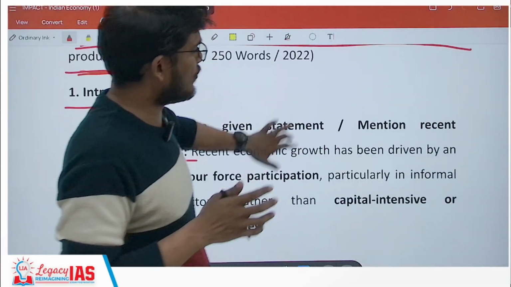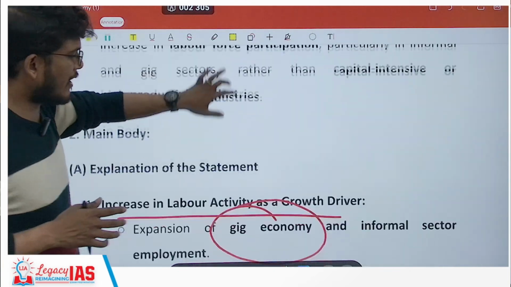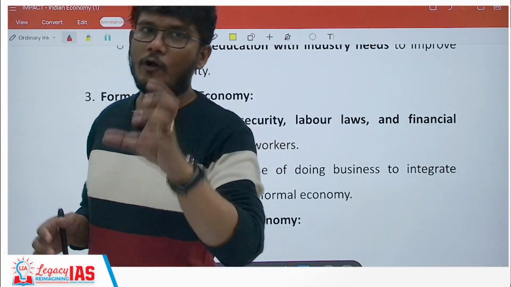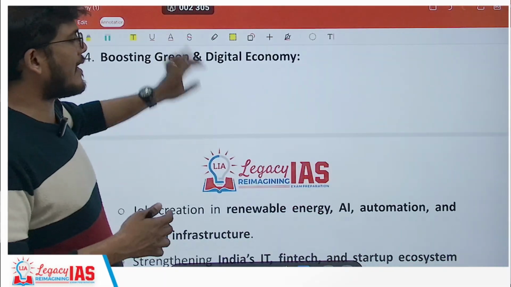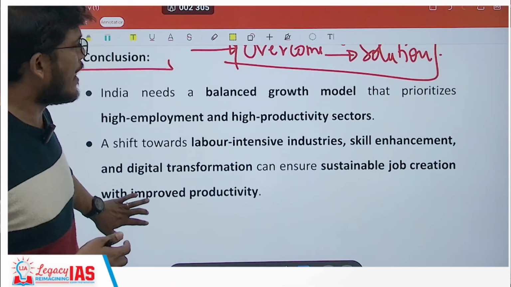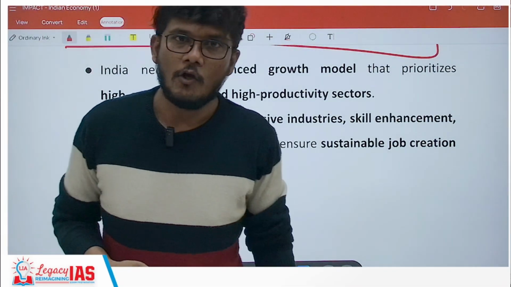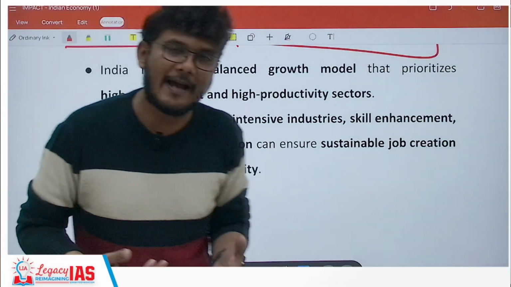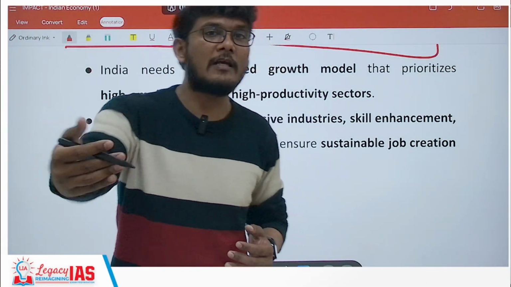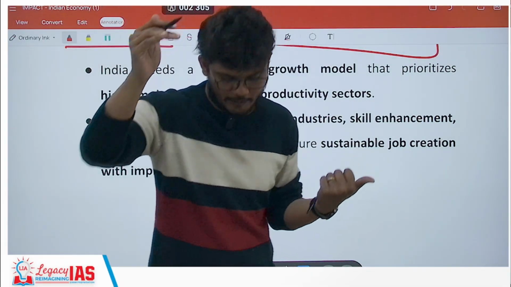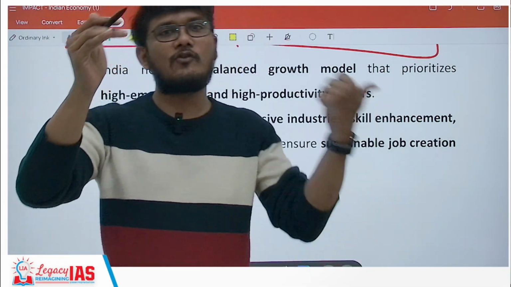I hope that is absolutely clear. So this is how you should write your answer. What you shouldn't do, I have also said, don't just define and move ahead unless and until specifically asked. Definition should be the last resort for you and not the first option. So implement this in your answers and get the feedback and keep on improving. When you are improving on some other thing, do not forget the previous things that you have learned. Ensure that that is also in mind.